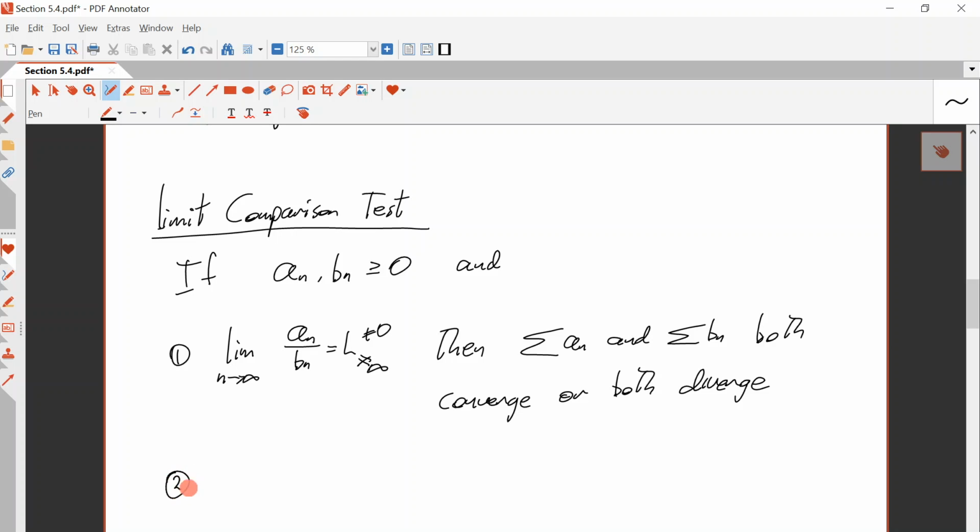2. If the limit as n goes to infinity of a_n over b_n is equal to 0, and the sum of b_n... So this going to 0 says b_n is large. Then